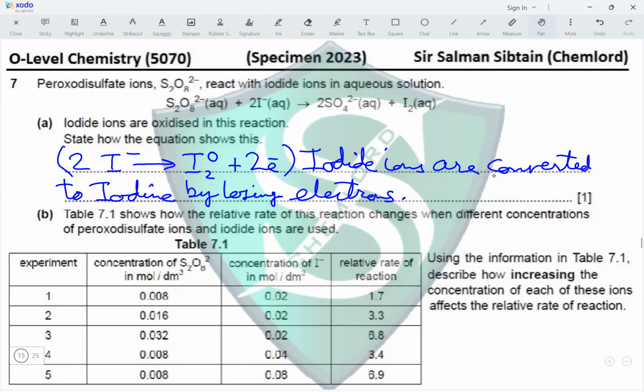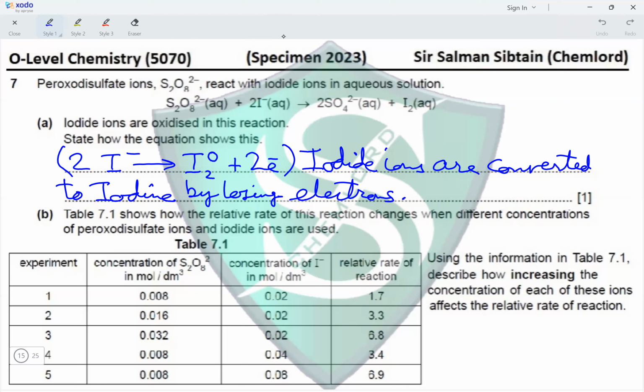Okay, next, table 7.1 shows how the relative rate of this reaction changes when different concentrations of peroxodisulfate ions and iodide ions are used. So we have got a table in which we have 5 different experiments that have different concentrations of peroxodisulfate ions, different concentrations of iodide ions, and the relative rate of reaction. Using the information in table 7.1, describe how increasing the concentration of each of these ions affects the relative